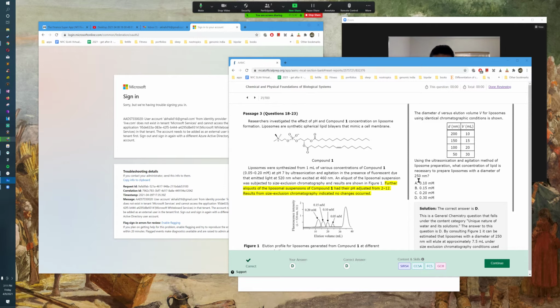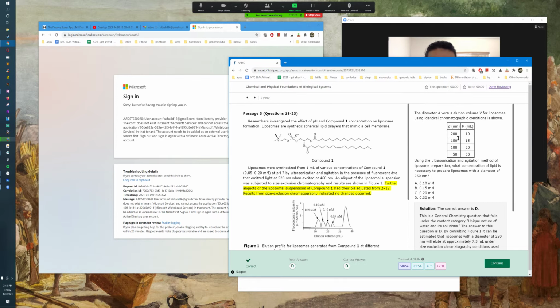They're asking for a diameter of 250, which is higher than the amount that they have, right? And since that's inversely proportional to elution volume,